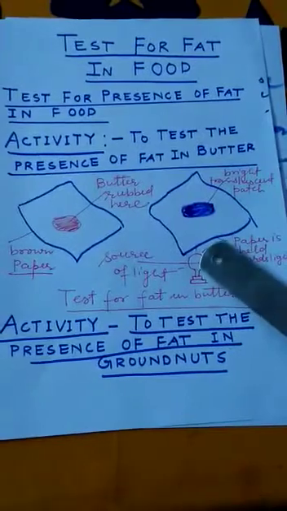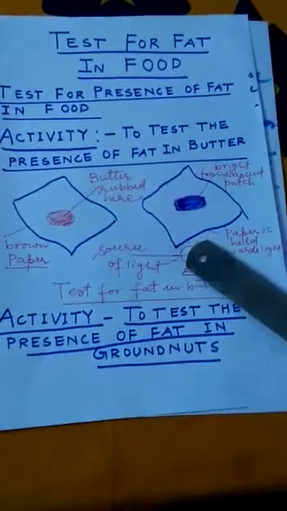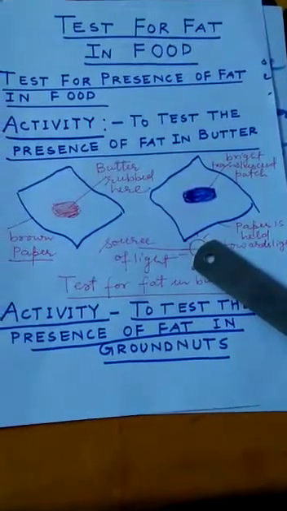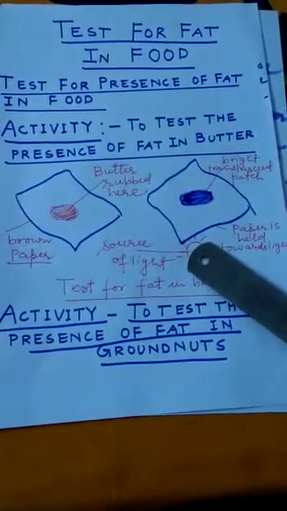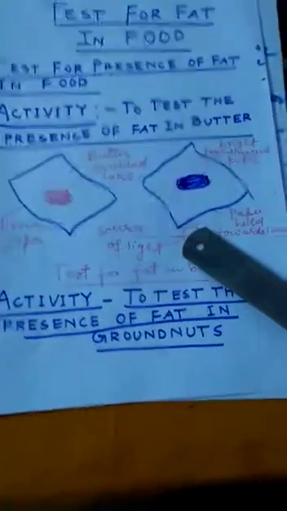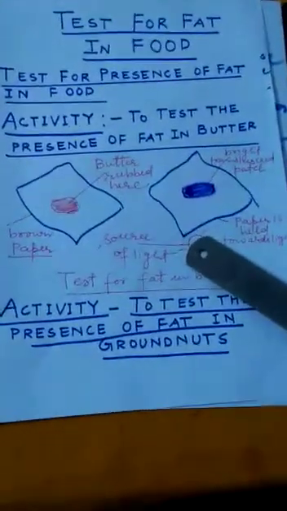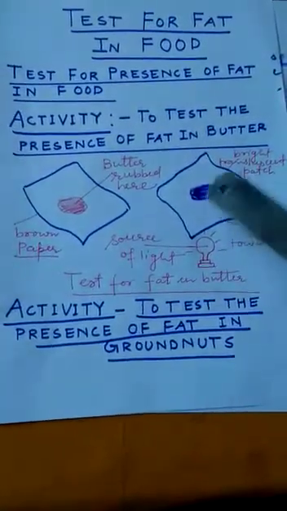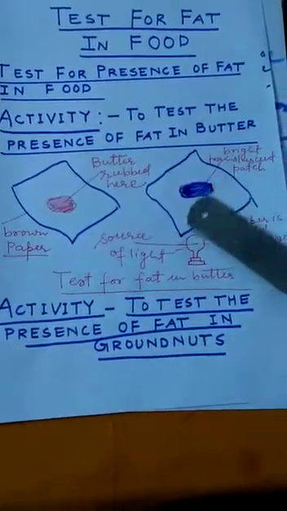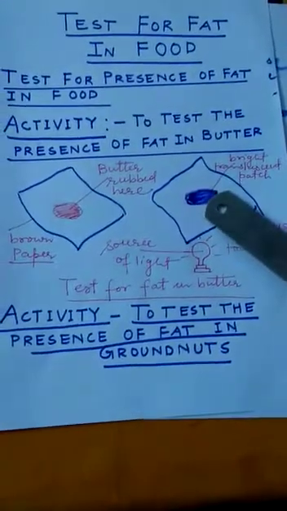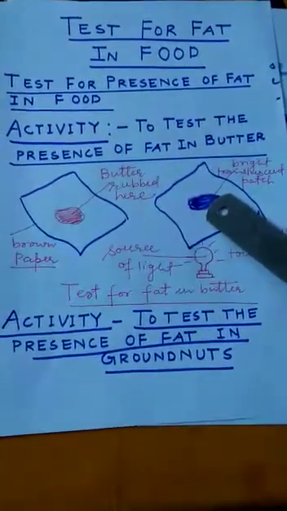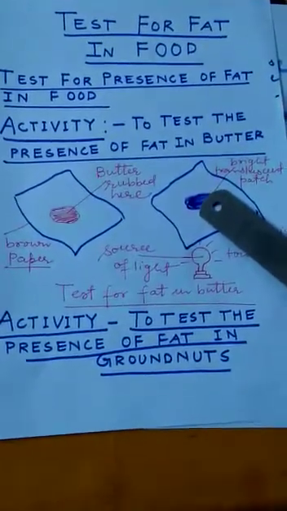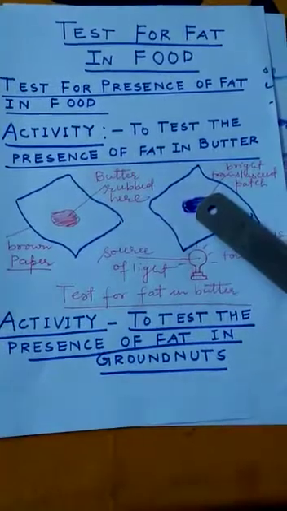So children, do all of us know what translucent means? A translucent object is neither fully transparent nor fully opaque, right? Since some light passes through it, a greasy patch appears bright compared to the rest of the paper. So, we can test the presence of fat in food